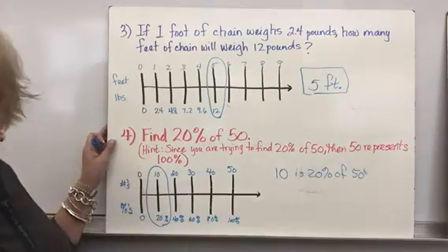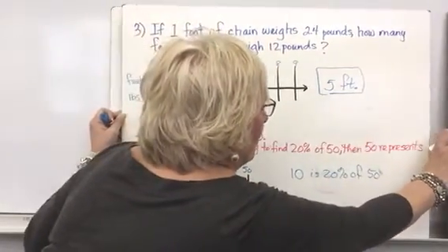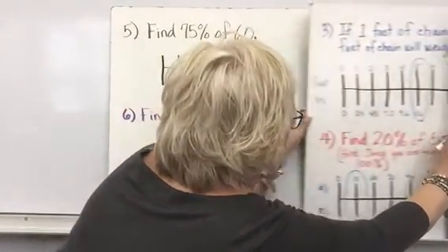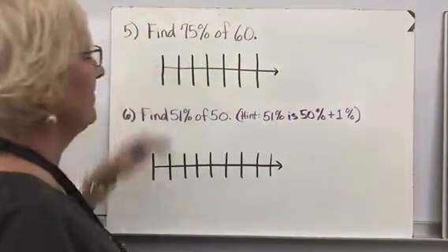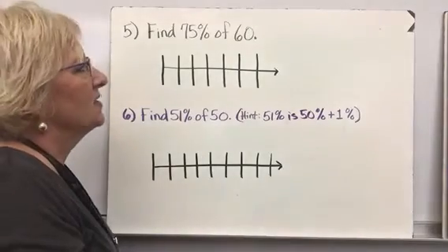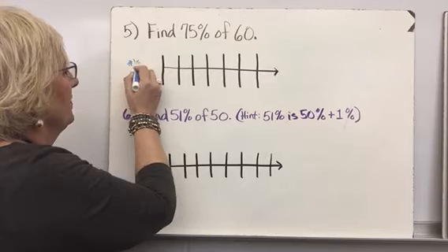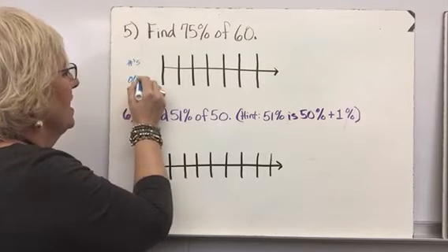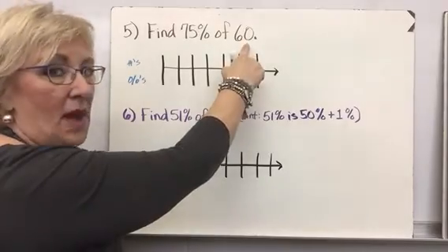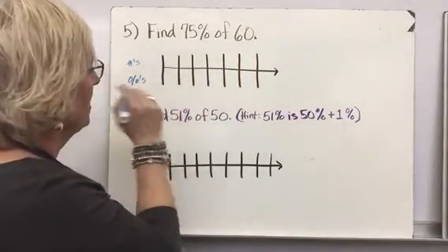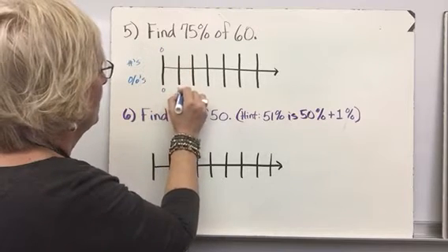Okay, let's look at our next problem, which is going to be problem number 5. We're still going to be working with some percents. So let's look at, it says, what is 75% of 60? So I know 60 is going to be, let's do the numbers here and percents down here. And I know that if 60 is going to be my 100%, I'm going to come up here, and because it's 25%, I'm going to start at 0 like we normally do. I'm going to go up 25%,